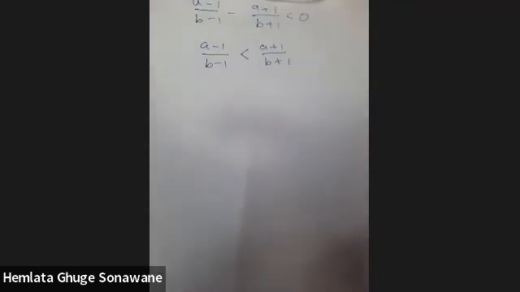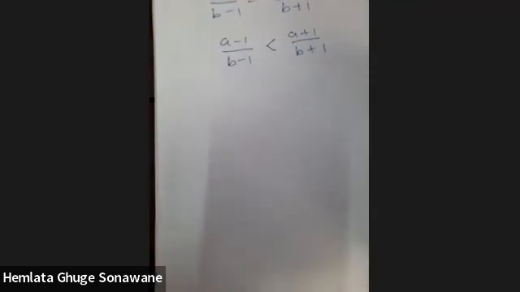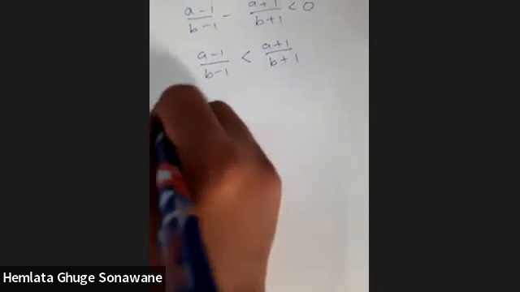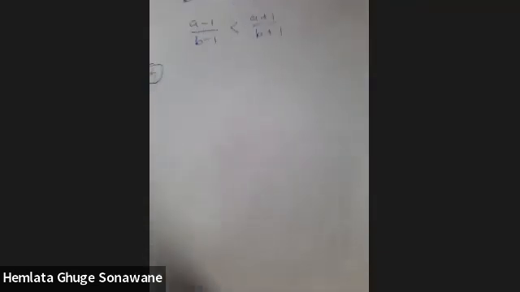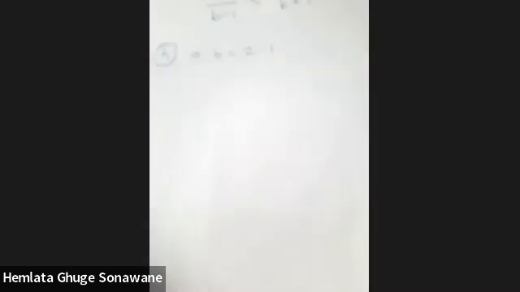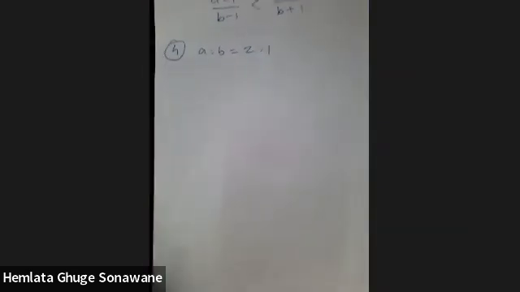We'll take the next example, that is the fourth example. If A is to B is equal to 2 is to 1 and B is to C is 4 is to 1, then find the value of A raised to 4 upon 32 B square C square, whole bracket cube. Now what is given? A is to B, that is 2 is to 1, means A upon B,